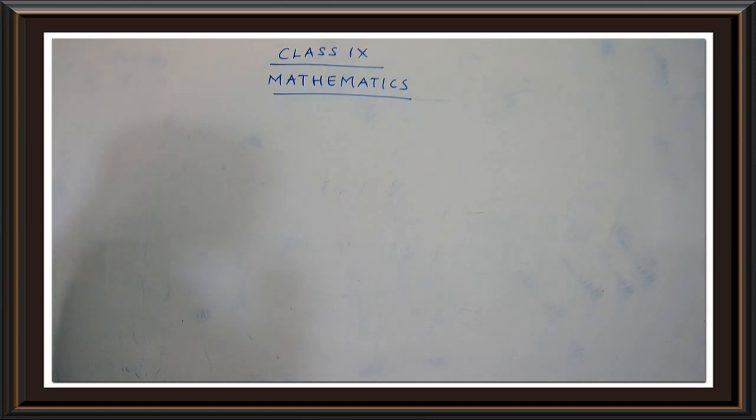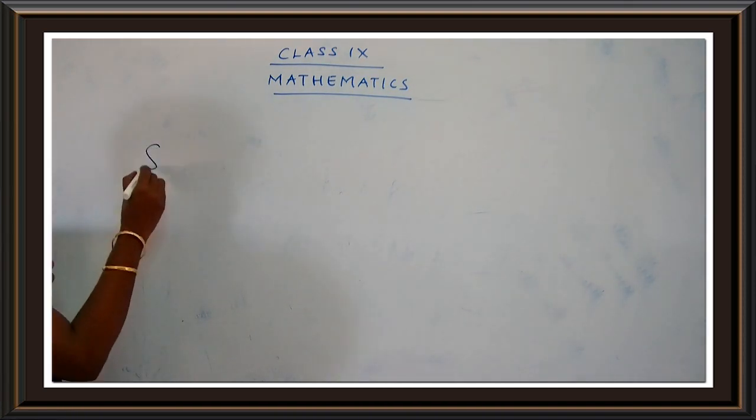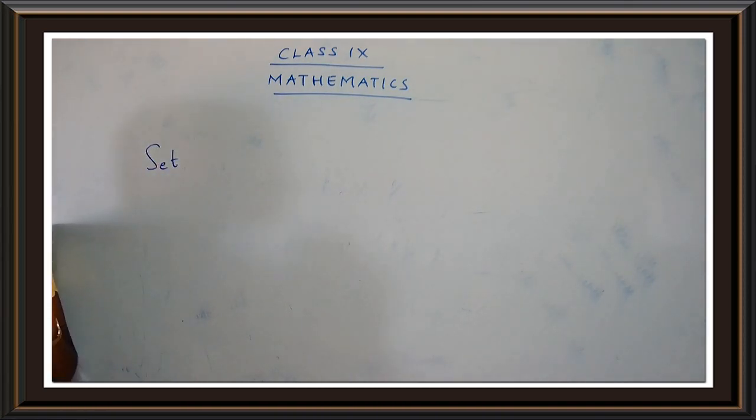Okay. So what are the topics that we dealt with for exercise 1.1? First of all, we studied the definition of a set. We found how to check whether the given statement is a set or not a set. If a particular statement is well defined, you say the statement is a set. If it is not well defined, you say that it is not a set. And then also we have seen the different forms of representation of a set.